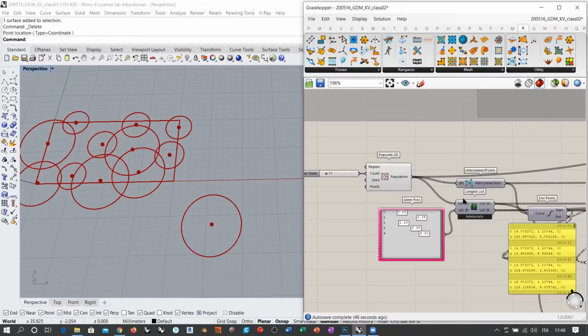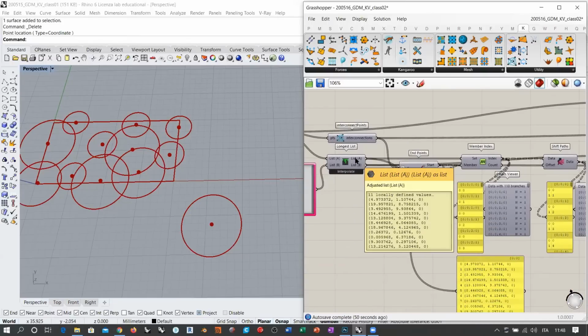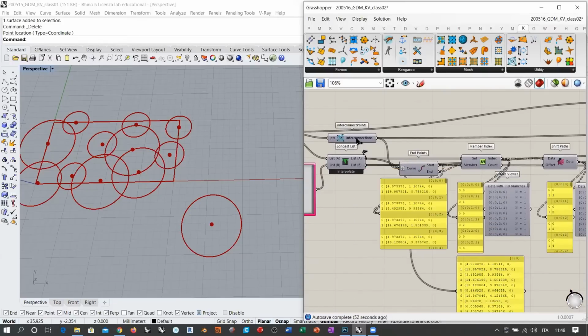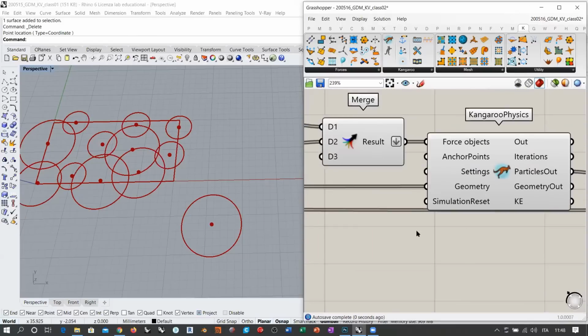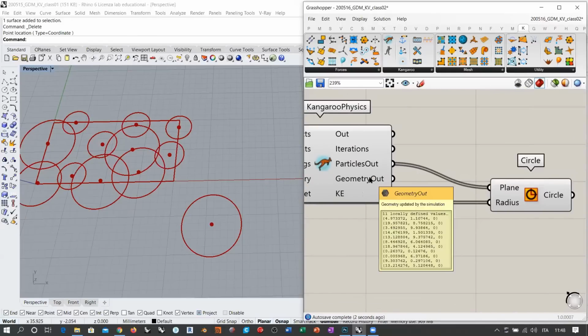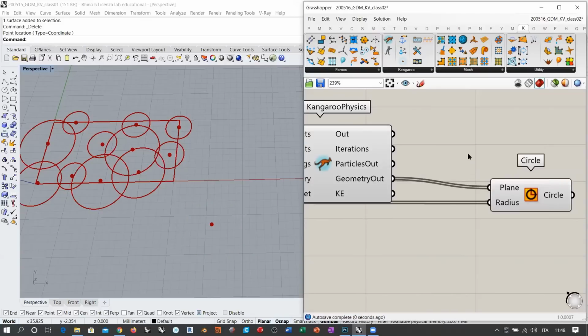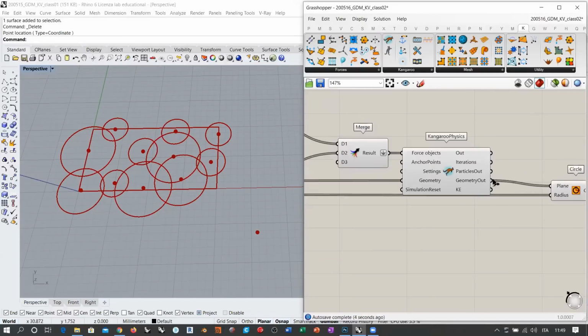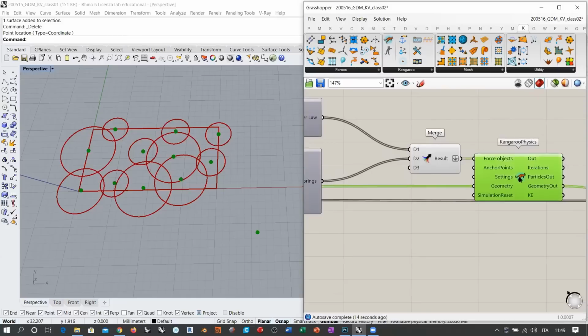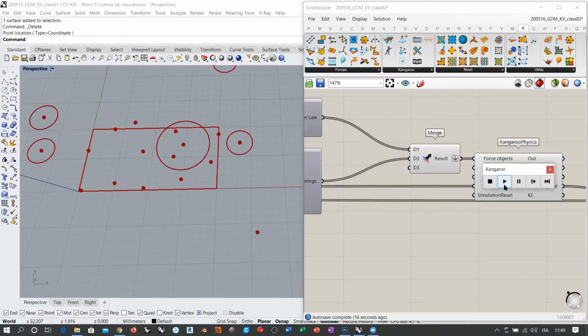So in this case, what I need to do is take the points that come from the longest list, plug them inside the geometry, and use the geometry out, which are only the desired points, like these ones. Okay, so you see that there is a difference between particles out and of course geometry out. So I'm using the original population as geometry, so to have it available in geometry out, and then we can run the simulation. If I run this,